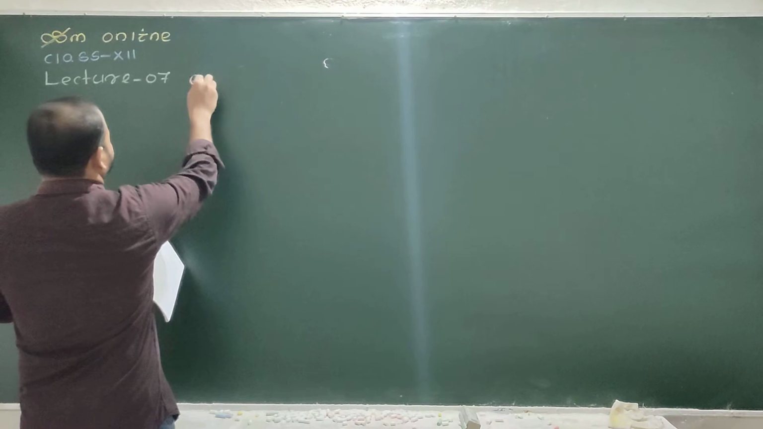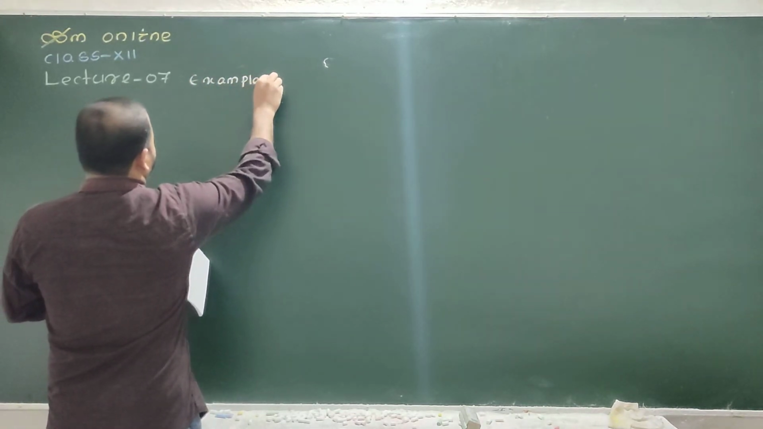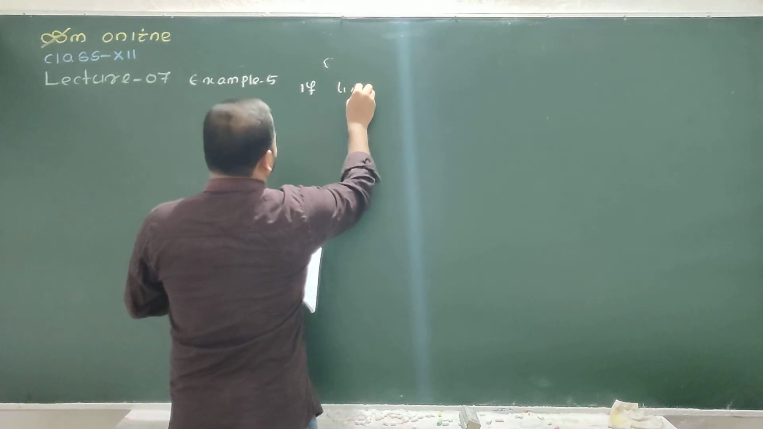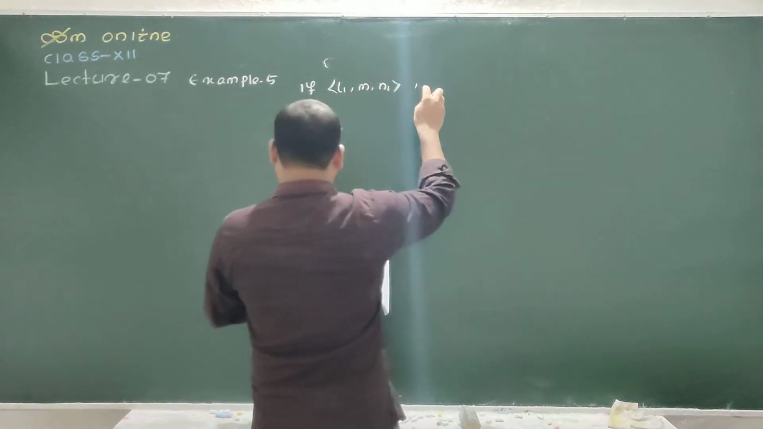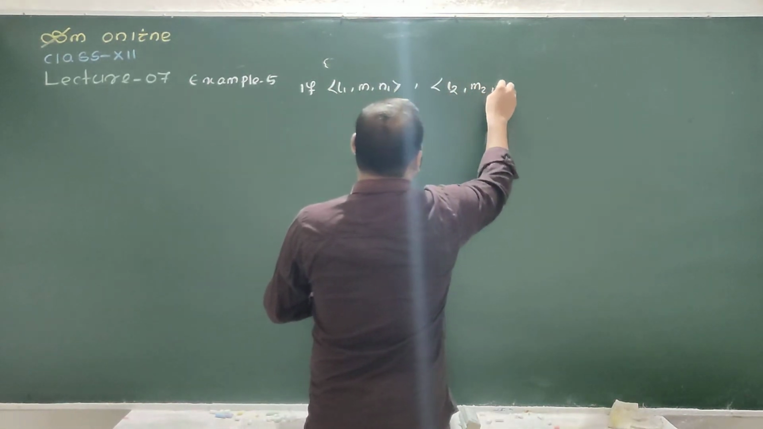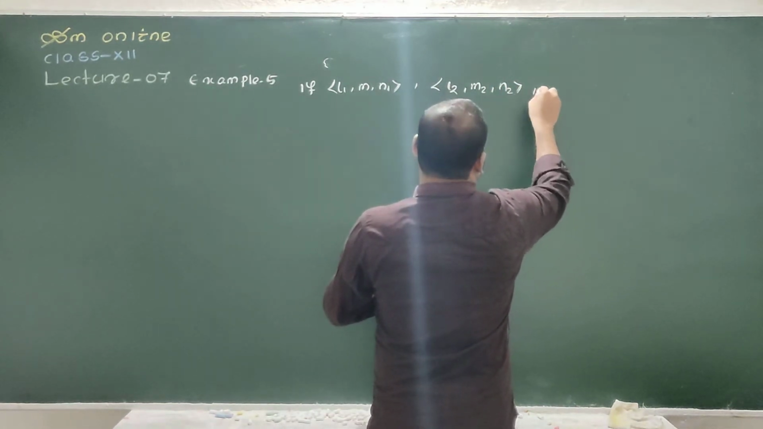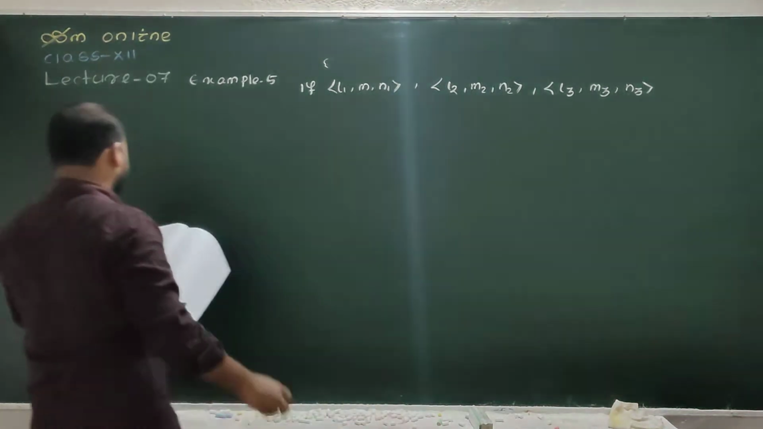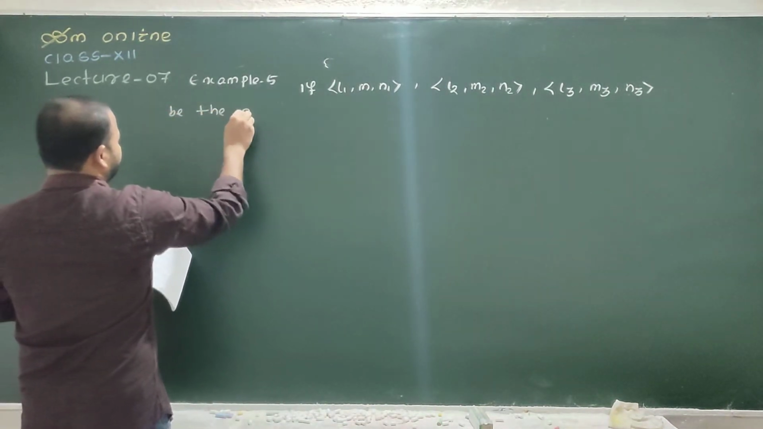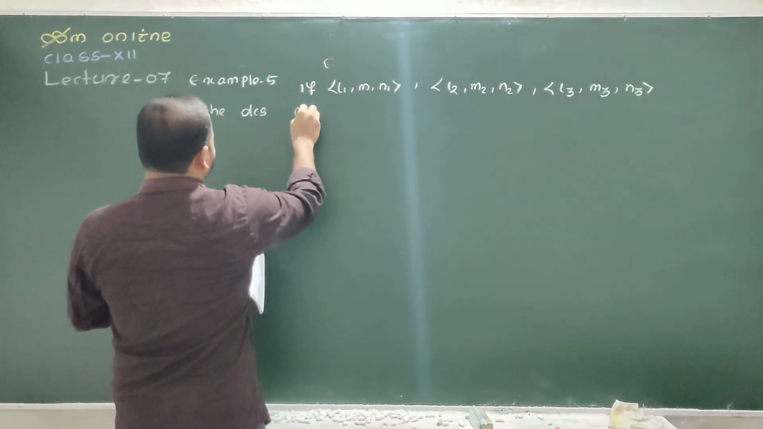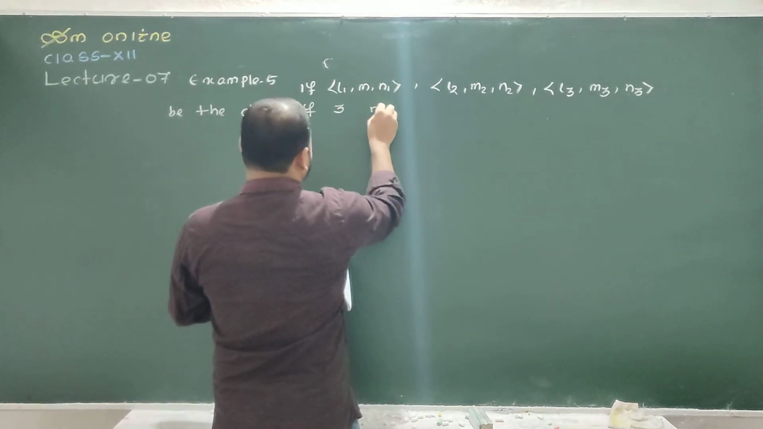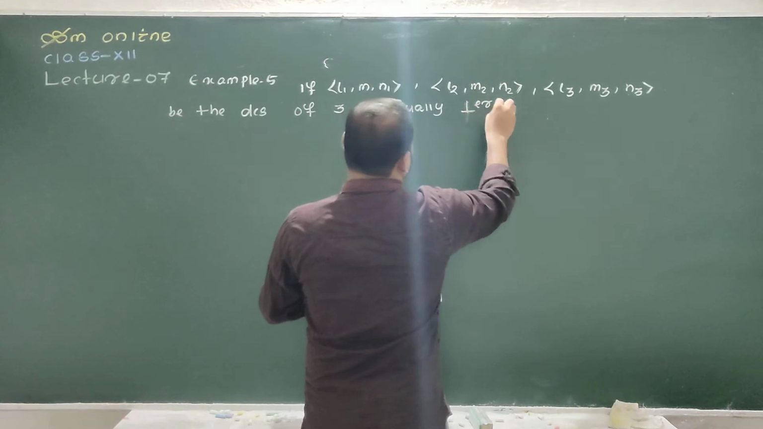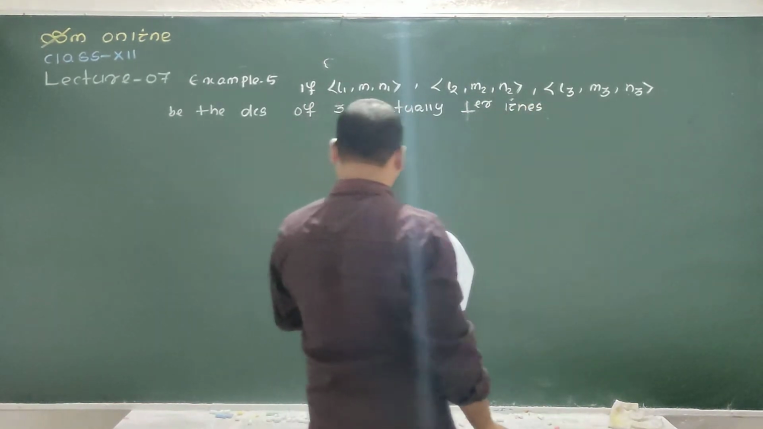If L1 M1 N1, L2 M2 N2, and L3 M3 N3 be the DCs, that is direction cosines of three mutually perpendicular lines, then prove that